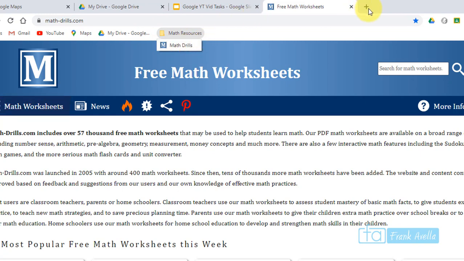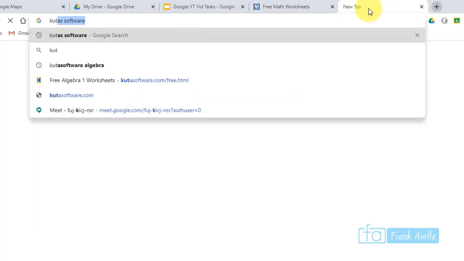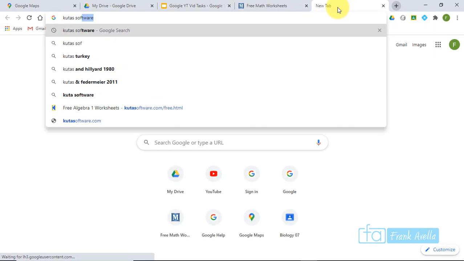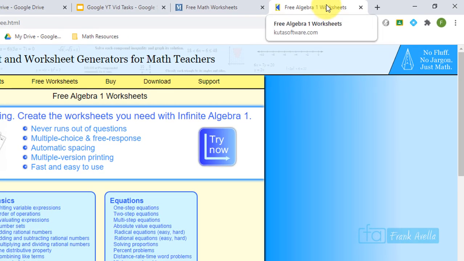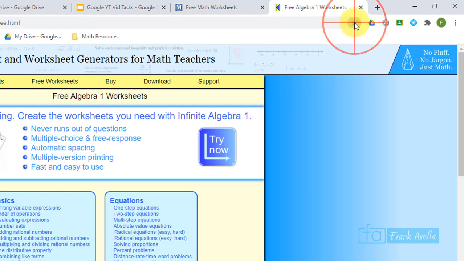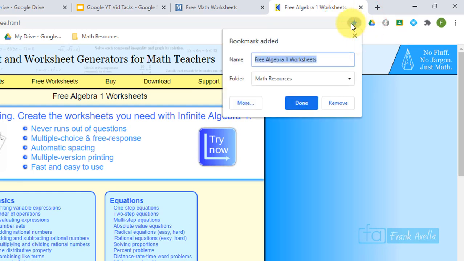So let's do another math one. Let's go to computer software. Let's type in Algebra 1 bookmark. Okay, I want to bookmark this again. So I'm going to press this little star. Okay, and now I can